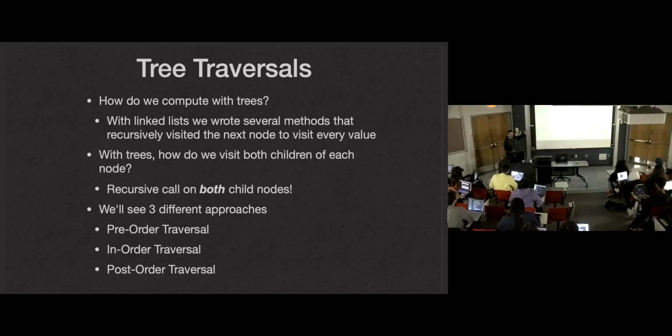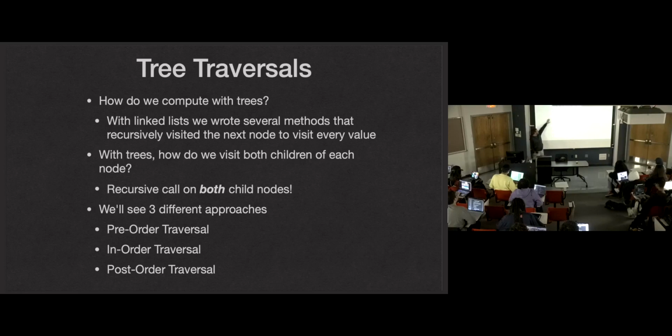How are we going to work with this data? But let me ask a simpler question. How are we just going to visit every single node? I want code that's going to visit every single node just once. And for a memory diagram, we're going to just print the value of each node to the screen. That's all I want to do. How are we going to do that and make sure we visit every single node in the tree, so make sure we don't miss any nodes, and also make sure we don't visit any node twice? How do we visit every single node exactly one time?